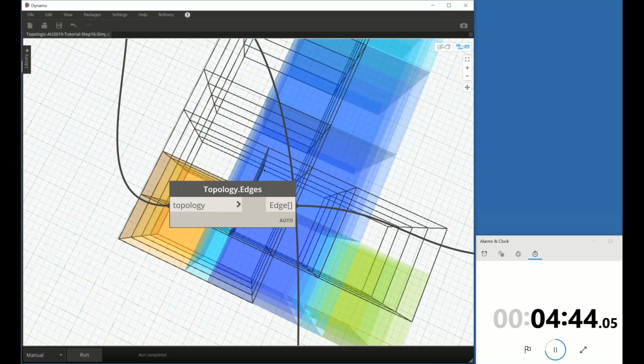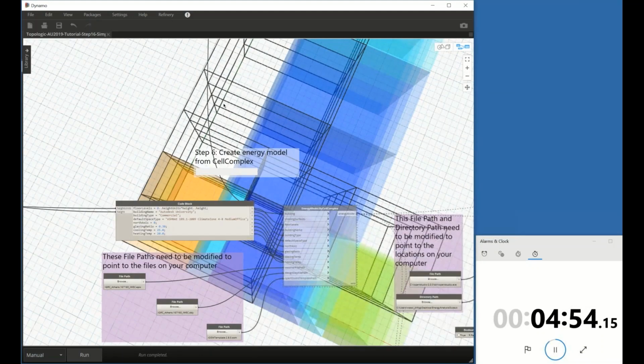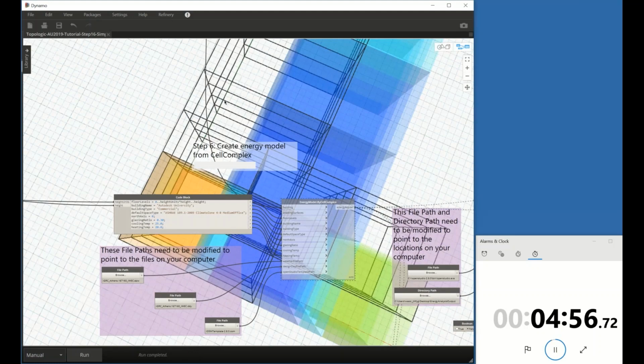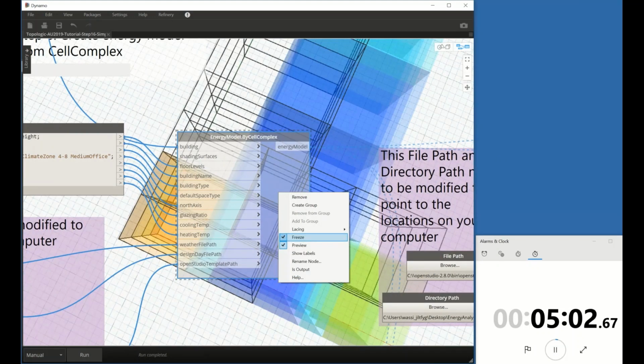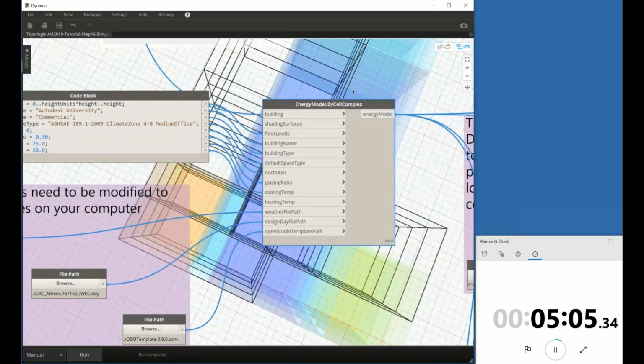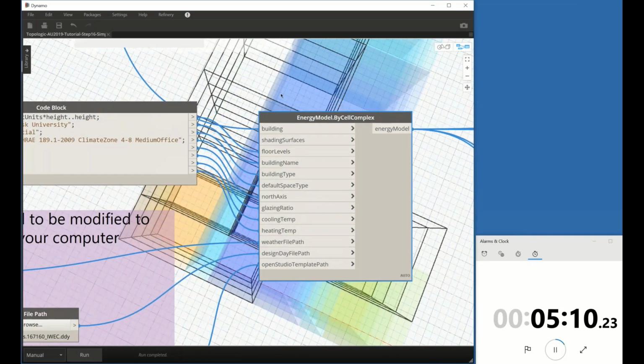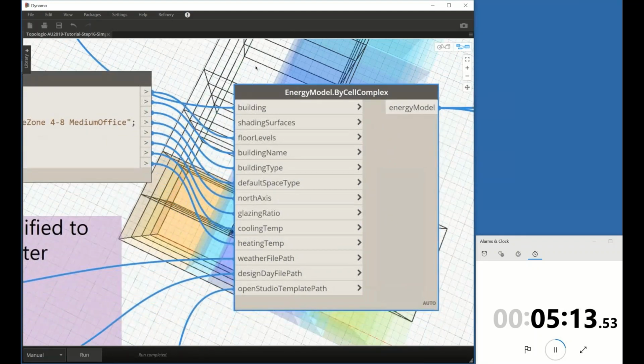Right. So now we come to the interesting part, hopefully, which is we have the cell complex. How do we do an energy analysis out of it? So we have this node, which is called energy model by cell complex. Let me unfreeze it so that you can see it. It's a fairly large node because it has a lot of input parameters. Let's go through them one by one. So it assumes you are modeling a building, and the building is the cell complex